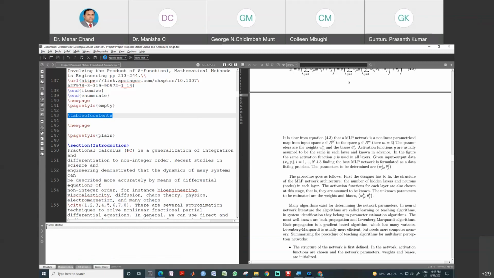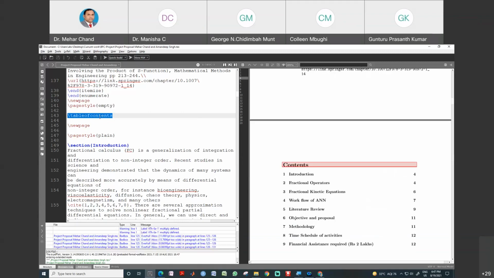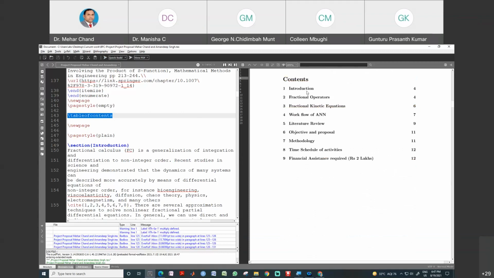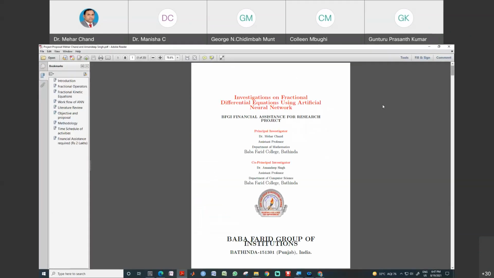When I execute this simple command, you can see the whole content, all the introduction, headings, subheadings which we prepared in the document, all appear at this place. And when I open the whole document, you will see that this is the complete scientific documentation.